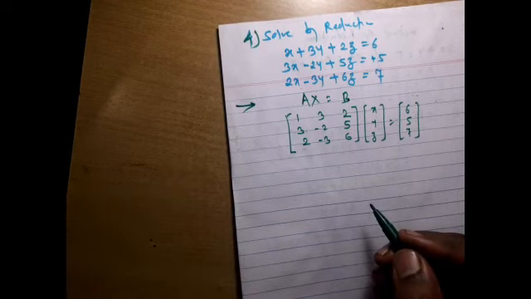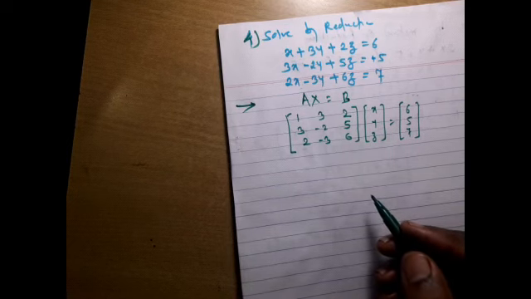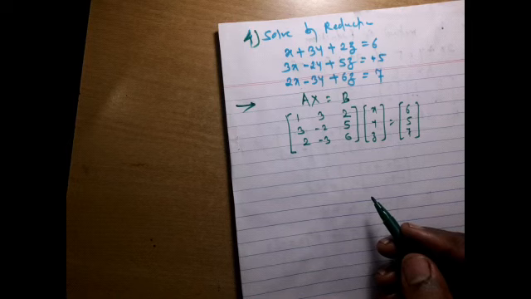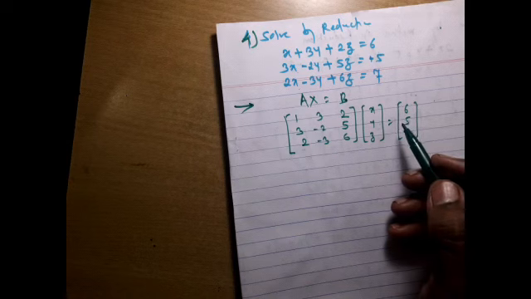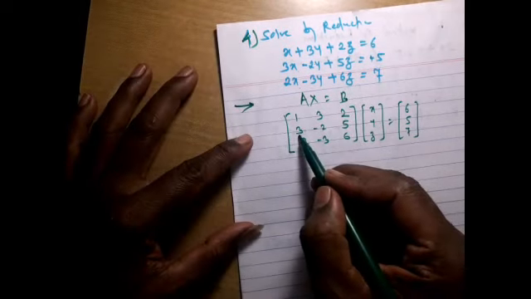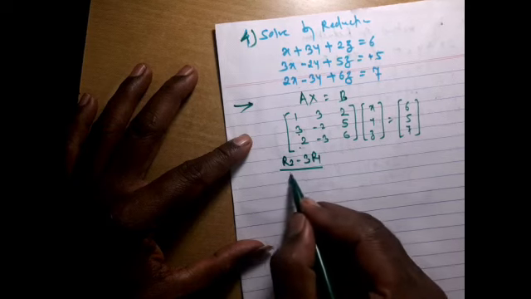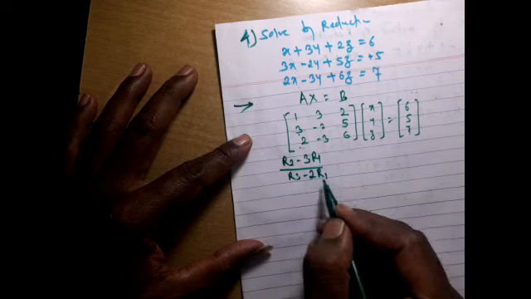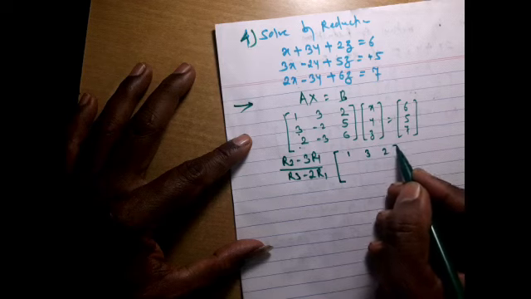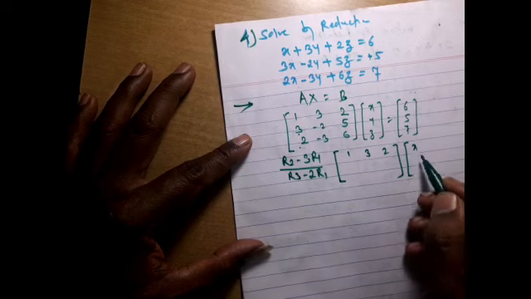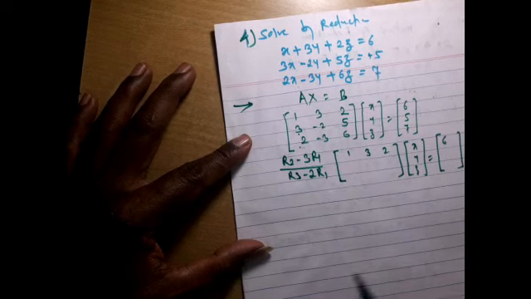So as I told you earlier, express the matrix A in upper triangular or lower triangular matrix. And obviously this is a column matrix, so we have to use only the row transformations. So my aim is to make these two 0: R2 minus 3R1 and R3 minus 2R1. So obviously there will be no change in the first row, no change in this matrix, and here also the first row will remain as it is.